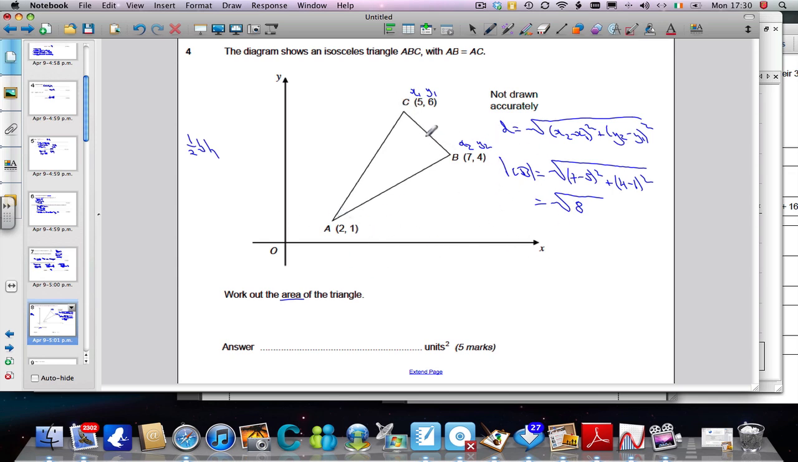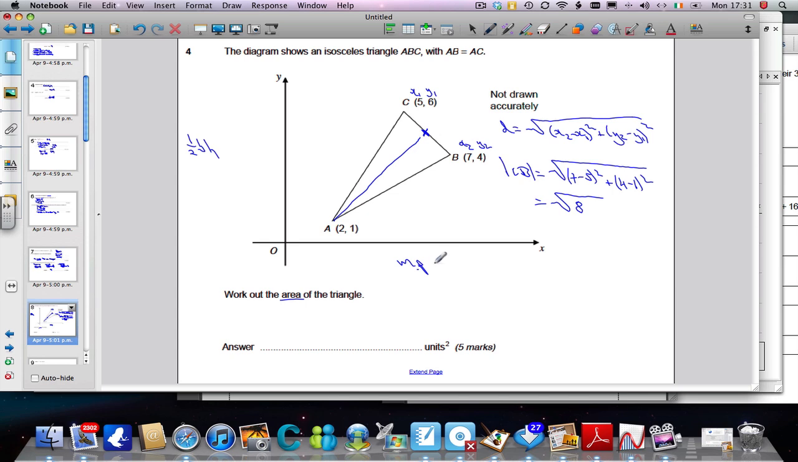I'm also going to need the perpendicular height, so I need to find out the midpoint here. If I can get the midpoint of this and then work out the distance from here to here, I will then have the perpendicular height. So we'll have the base and the perpendicular height, and we can use the formula. So let's get the midpoint. The midpoint,